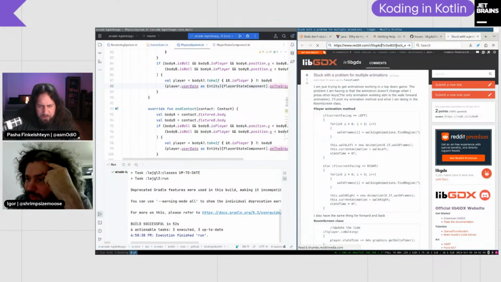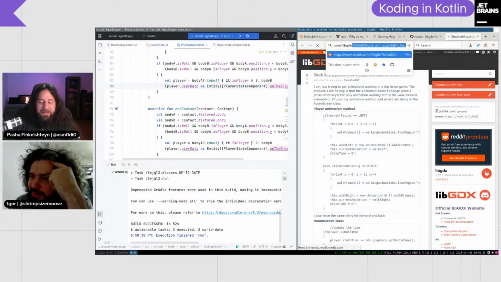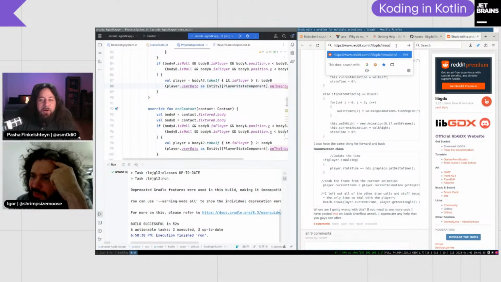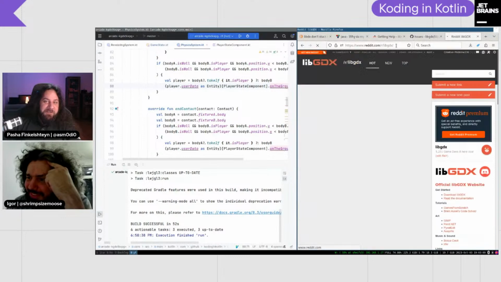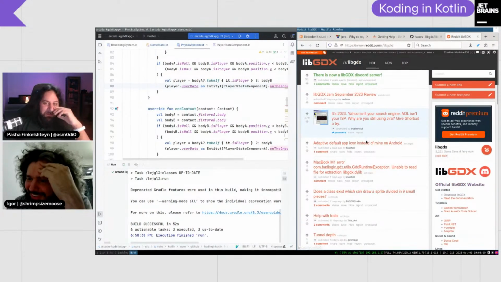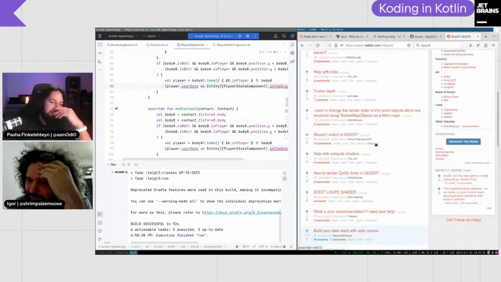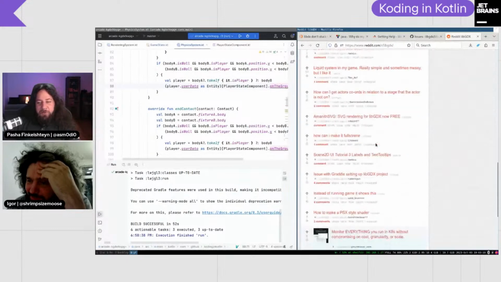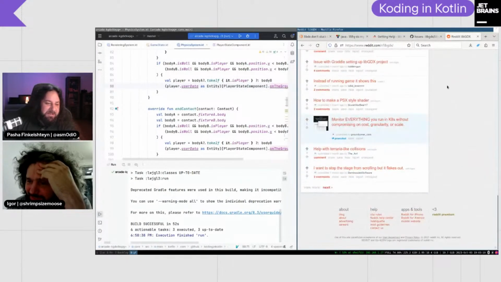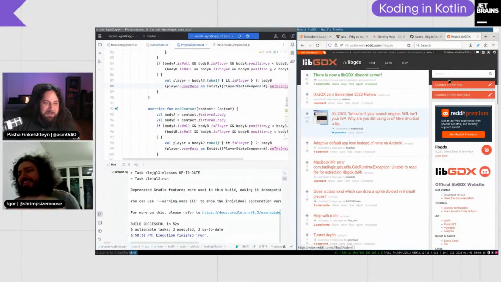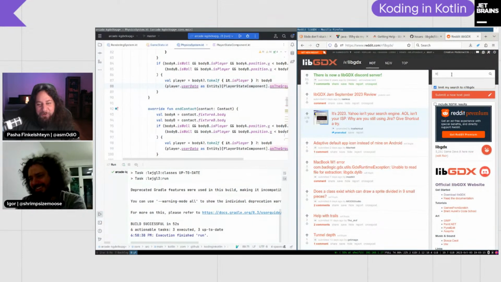Oh, there is a whole subreddit dedicated to libGDX. Okay. Wow. Now I admit that that's serious stuff we are playing with. For a second I thought that it's a Stack Exchange for libGDX. It would be really cool.